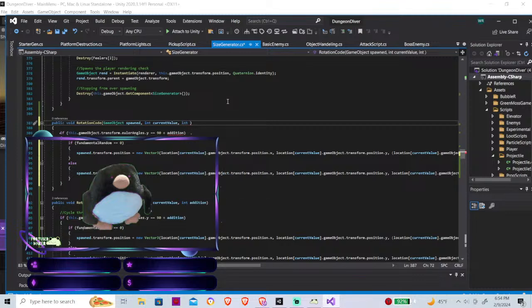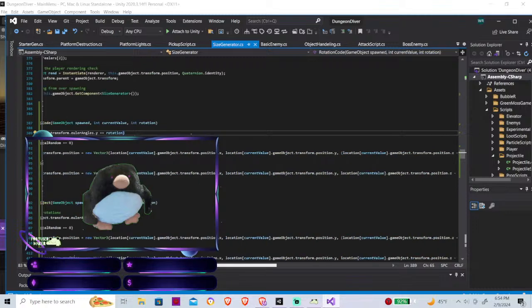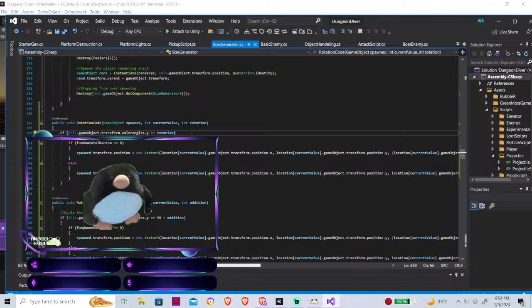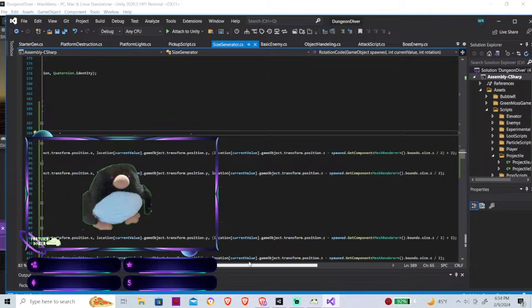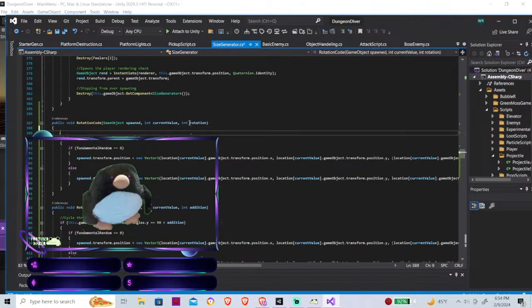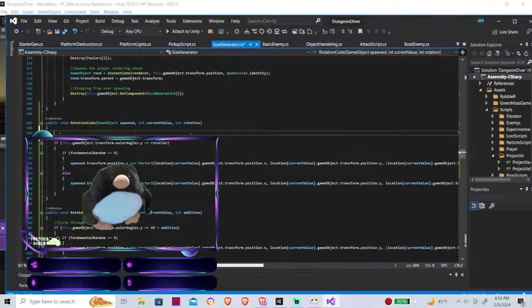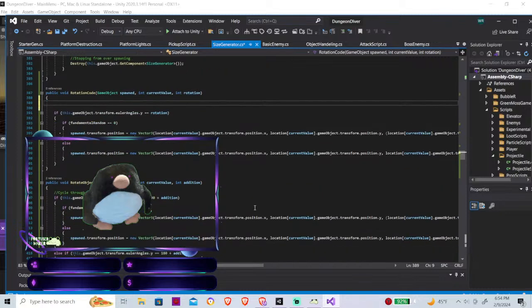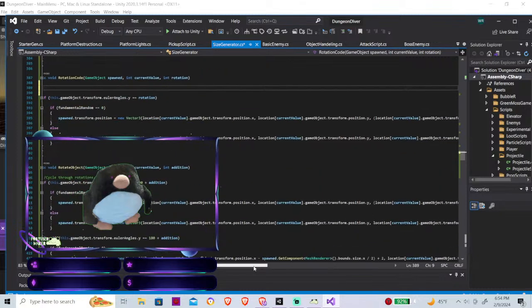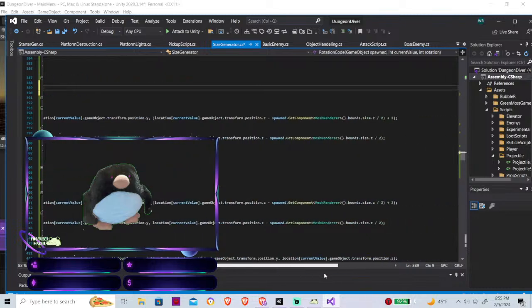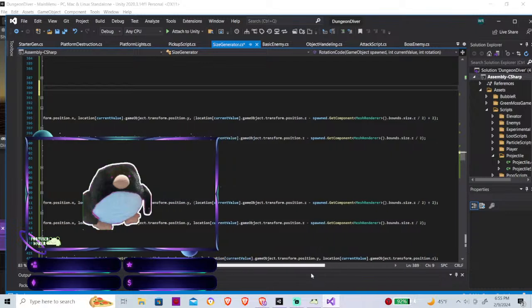So this could be like in rotation. And then it would go off the basis, but